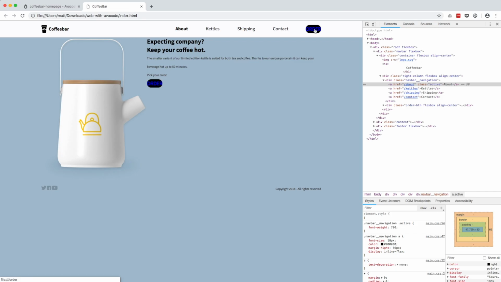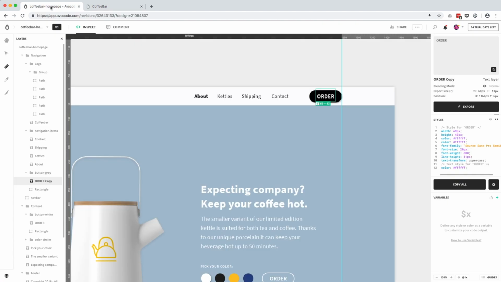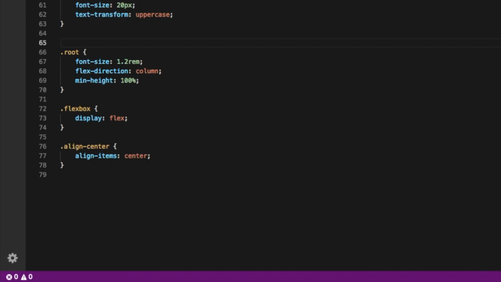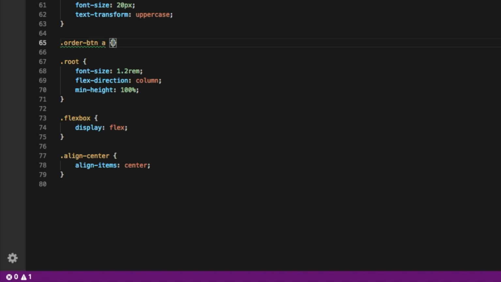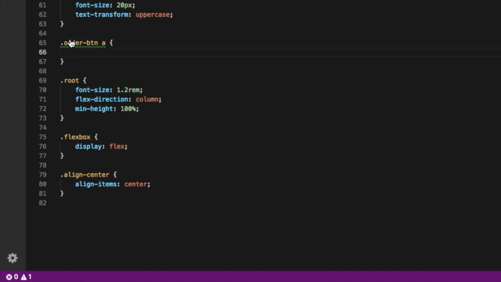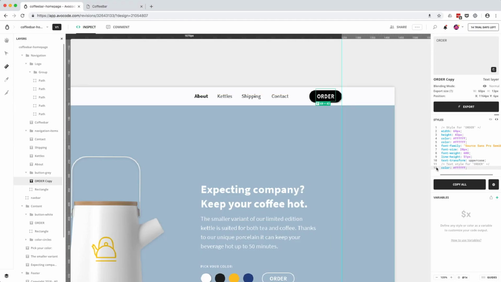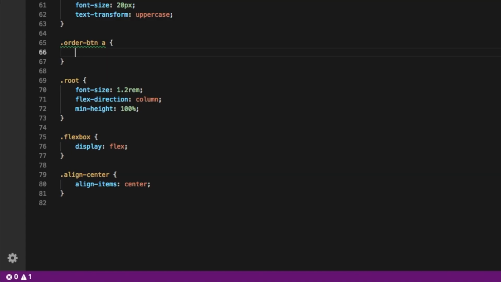Now you can see that the order is still blue because it inherits the A tag. So you need to get rid of the text decoration. Copy this and create another class also with the A. Go back to Avocode, select the font, copy the color,